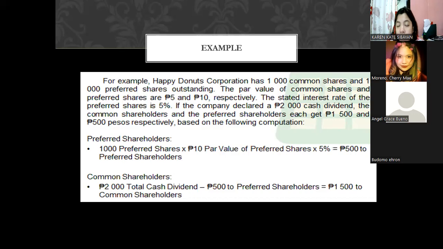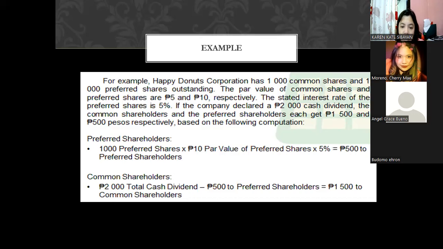FABM1 and 2. So for example, Happy Donuts Corporation has 1,000 common shares and 1,000 preferred shares outstanding. So the par value of common shares and preferred shares are 5 and 10, respectively. The stated interest rate of the preferred shares is 5%. If the company declared a 2,000 cash dividend, the common shareholders and the preferred shareholders each get 1,500 and 500